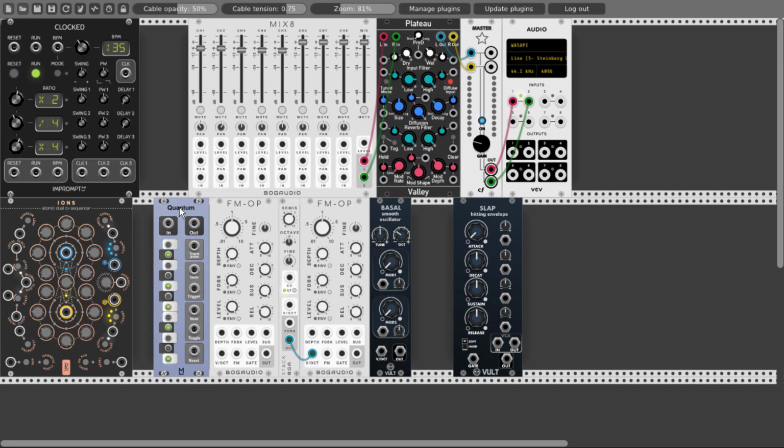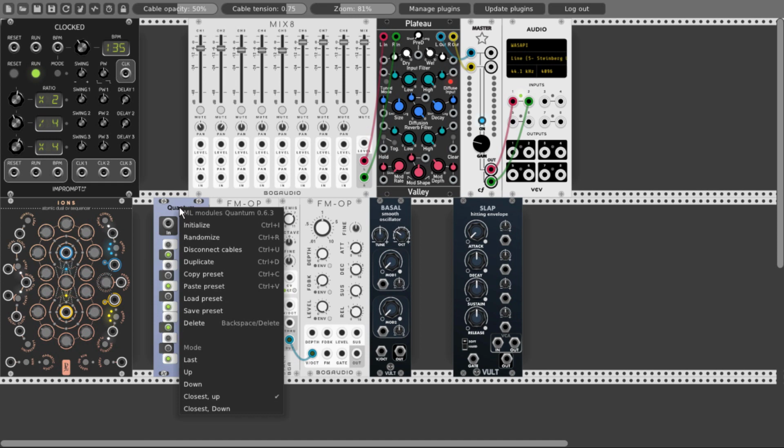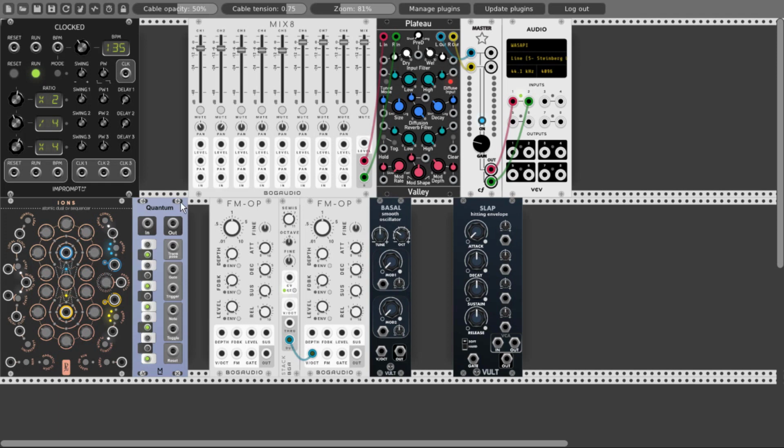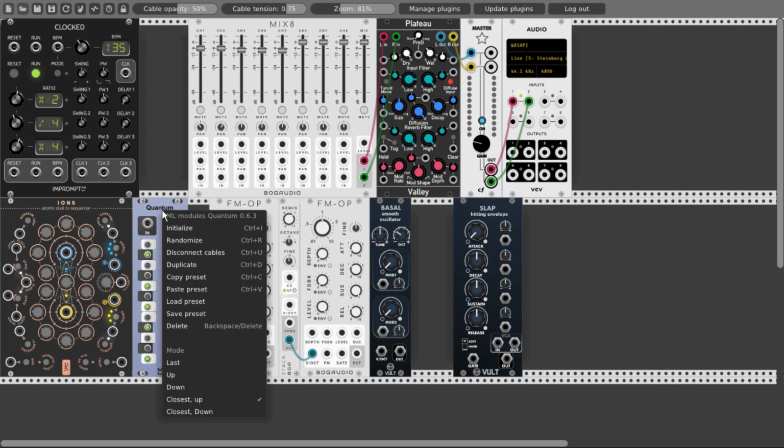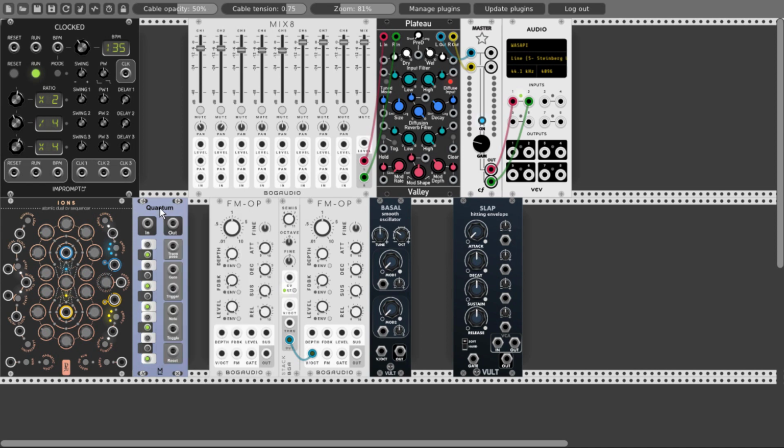And if you look in the right click menu, since the last update, the default mode now is closest up. Before it was the so-called last mode. So now we can just leave it like this. Again, the voltage will be quantized always to the closest note, unless it comes in the middle of two active notes, and then it will quantize upwards. So now we have Quantum, and let's send the blue sequence from Ions to Quantum,